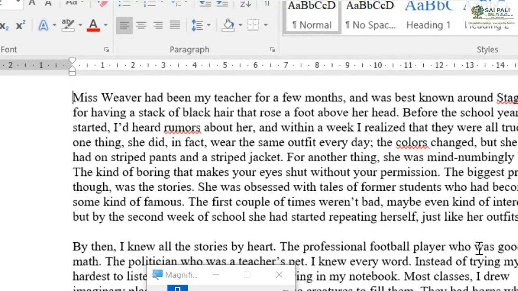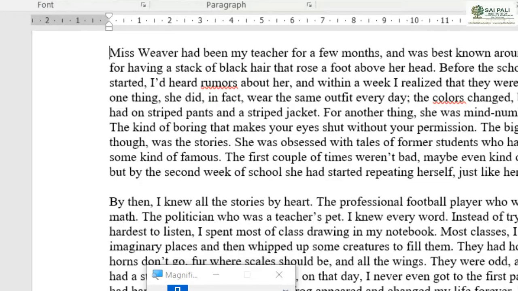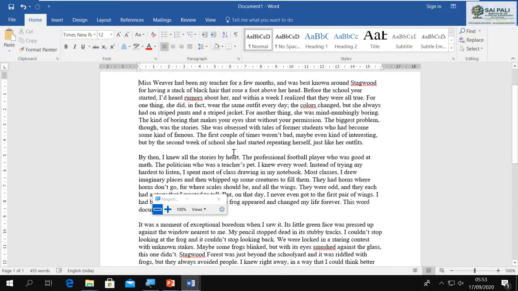So this is the quick way to do the indent, just pressing the tab button on our keyboard.